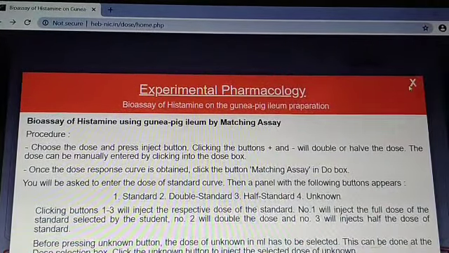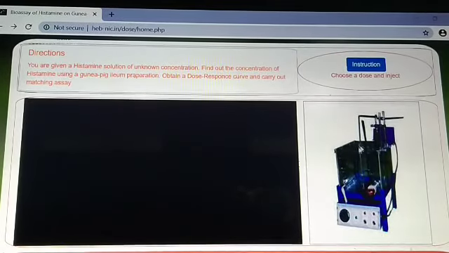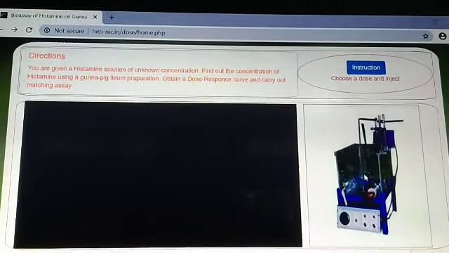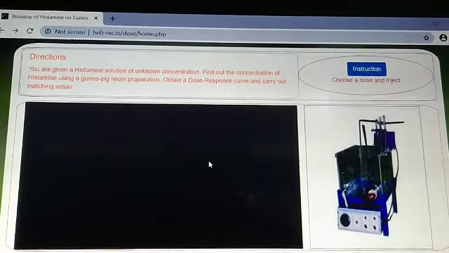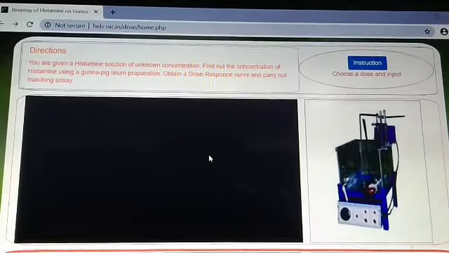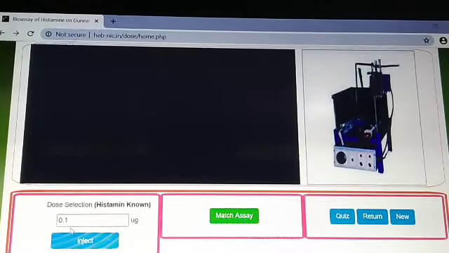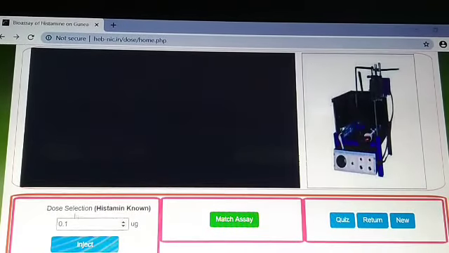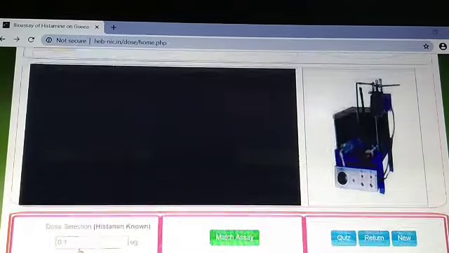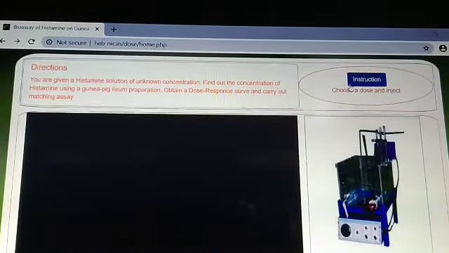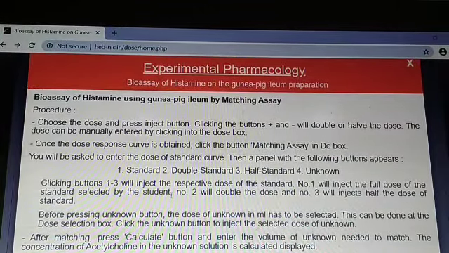Before the instruction we can see this is the student organ bath with various organ chambers, and this is actually the kymograph that has been placed on a rotary drum. Here is the area where we can select the dose concentration and inject it one after another. So in the instruction we can see this bioassay where we can inject the drug